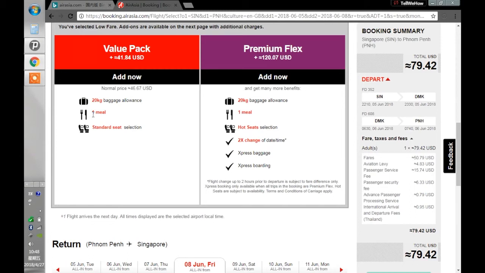So if you don't want it, maybe you think it's a short flight and you don't need a meal, then just ignore it. Or you can upgrade to the value pack, which includes a 20 kilogram baggage allowance, one meal, and a standard seat selection, so you can select any seat you want. Or maybe you want to upgrade to the premium flex, which is $120 plus, and then you have a 20 kilogram bag allowance, one meal, seat selection,